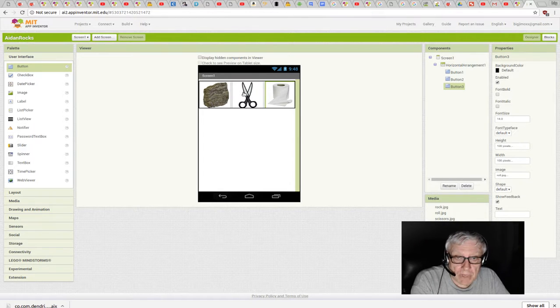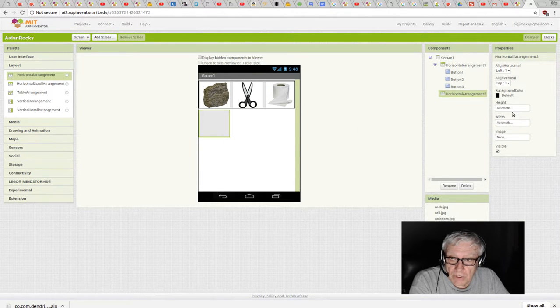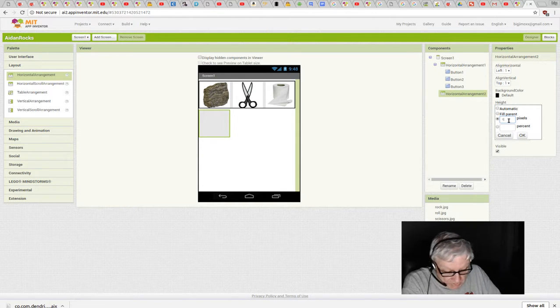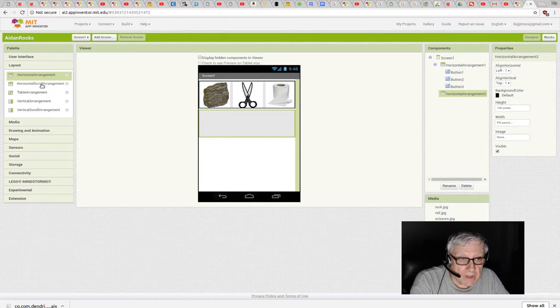And these are all buttons now, and then the next one we were going to put another row in here, and in this particular case, we're going to go back up and we're going to use the layout, or down. We're going to use the layout feature again, and we want to use another horizontal arrangement across here, and we're going to go over here and say the height is going to be 100 pixels one more time, because after all, that's how big those were. But the width, I think we'll just use the parent to just put it all the way across. So boom, there we go. All right, now